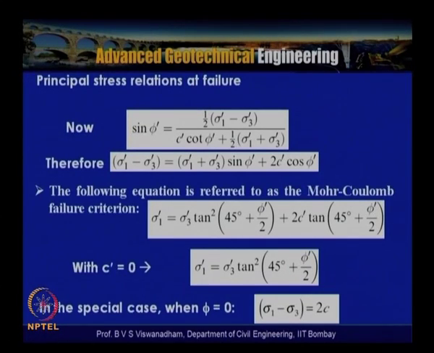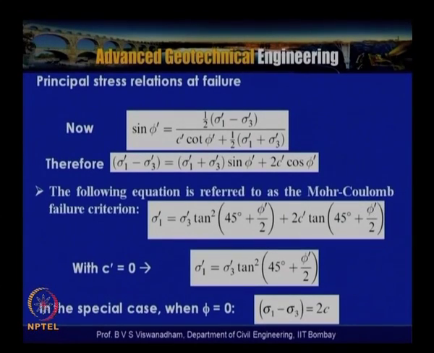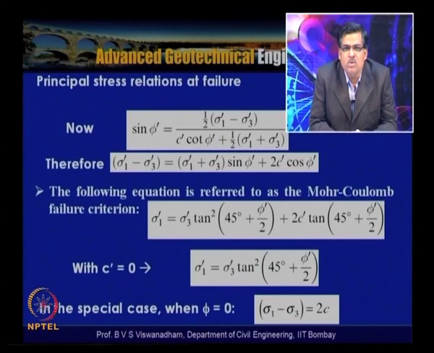So, sin phi dash is equal to half (sigma 1 dash minus sigma 3 dash) divided by c dash cot phi dash plus half (sigma 1 dash plus sigma 3 dash) by 2. So, when we simplify further, this is reduced to sigma 1 dash minus sigma 3 dash is equal to (sigma 1 dash plus sigma 3 dash) sin phi dash plus 2c dash cos phi dash. That is simple, by cross multiplication we have got the following equation